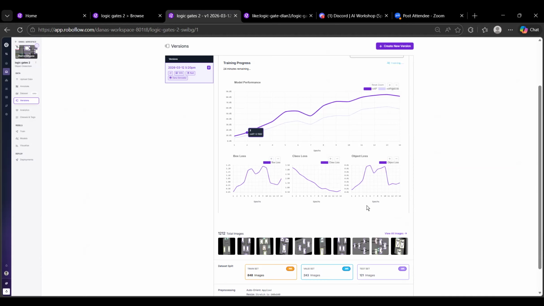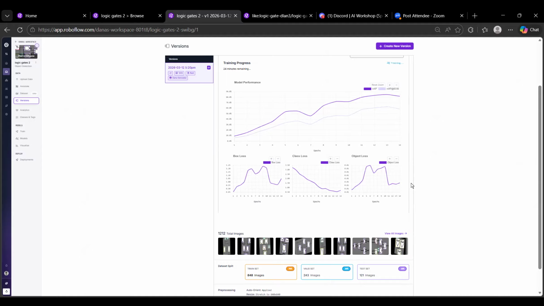But yeah, the model performance is shown over there. Just a tip, you don't want your model performance to go all the way to 100 because that means that your model is not actually learning. It's memorizing the data set that you gave it. So if it looks at new data, it's not going to be able to label it. You want it to stay at like 95 to 97, or above 93 range, but not 100, because that means the model is bad. So yeah, that's all you got to do, and now it's training pretty nicely.